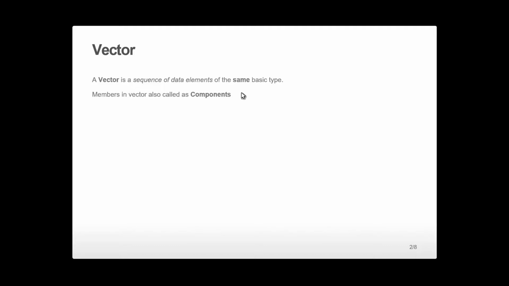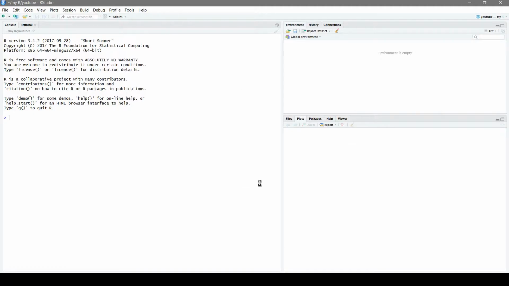So let's try creating a new vector. I think we have seen this in an earlier video, how we can create vectors. So let me create a vector. Here you can see that I use this function to create the vector, the c function, or the combine function, and if I press enter, it is showing the new variable x, but now it is a vector, because it is containing multiple